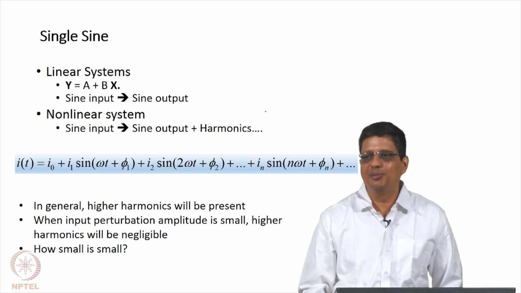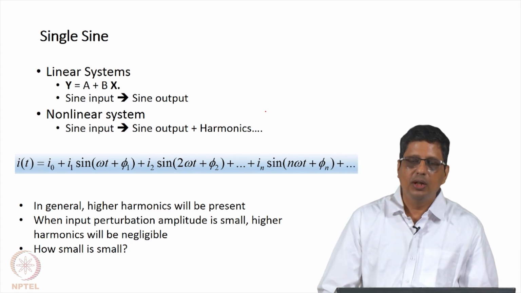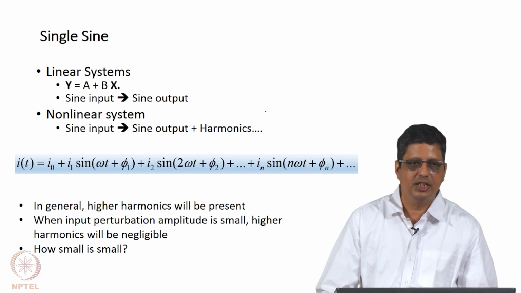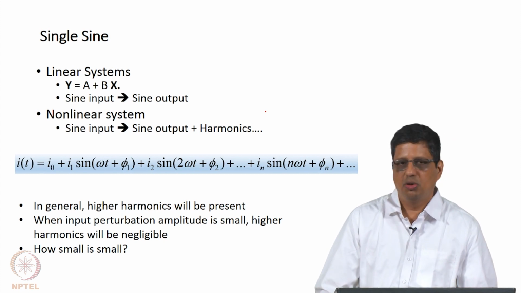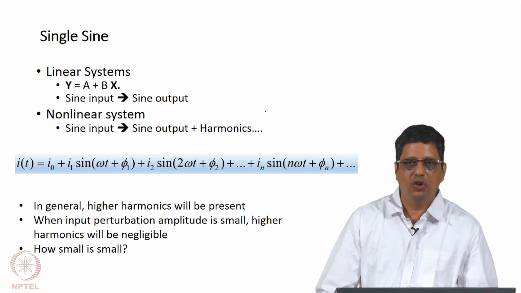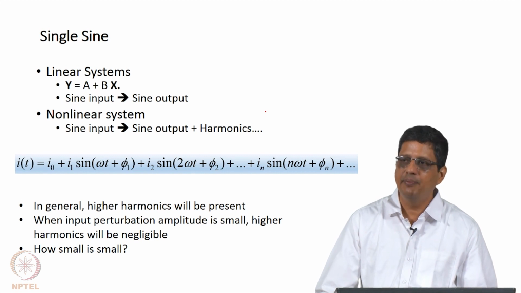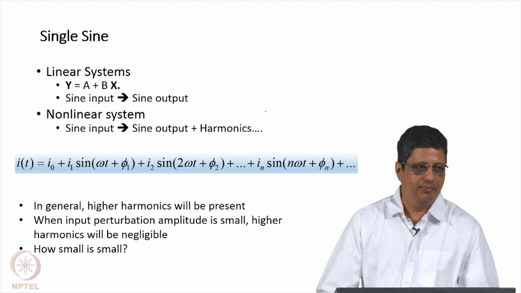Now, how small is small? People use 1 millivolt, 5 millivolts, 10 millivolts; 20 is probably stretching it. If you say 10 millivolts, nobody will question it too much. If you say 1 millivolt, people will not question whether it is linear or non-linear. It is definitely good enough to approximate as a linear system, but the noise level will be high.